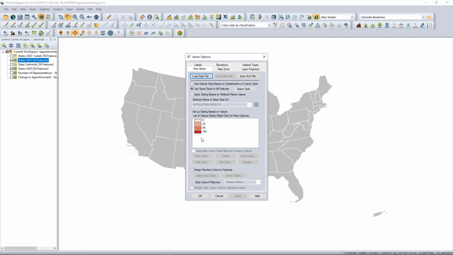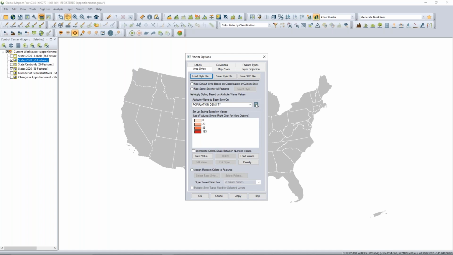The next option down is what we're going to be looking at here. So here's styling based on an attribute or name. And this works with all different types of attribute data. We've also added an option here to jump right into the attribute calculator. I'll use that in a minute. If you want to calculate new data,